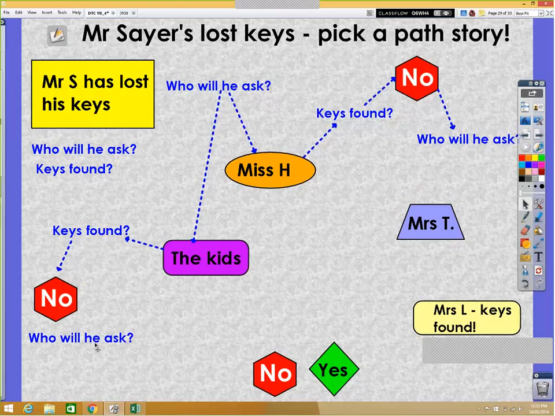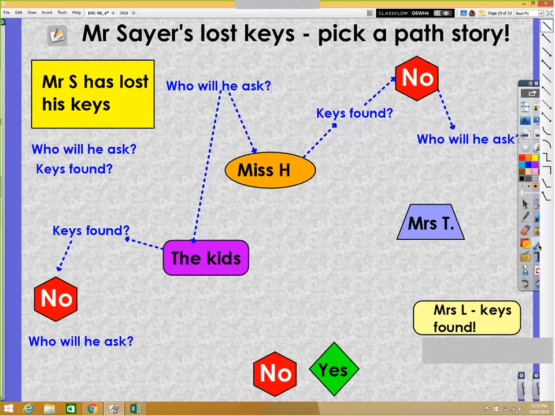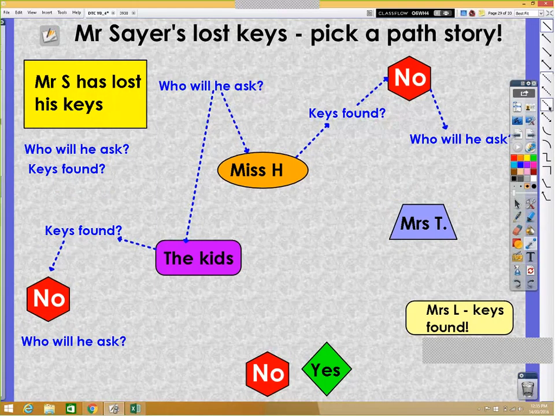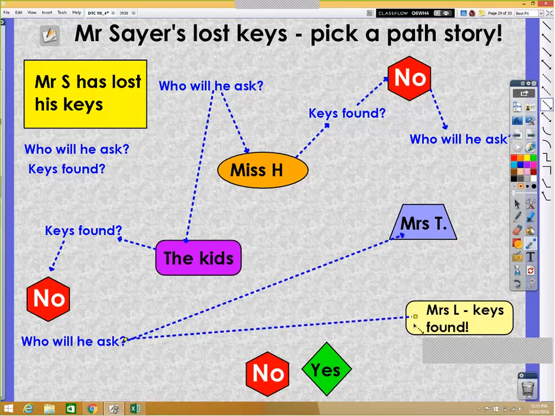And then I've got over on my toolbar here a connector tool, and I do believe I've got that one set. He might ask, oops, got the wrong color, blue. He might ask Mrs. T or Mrs. L. Okay, and so on. So I'm building up my